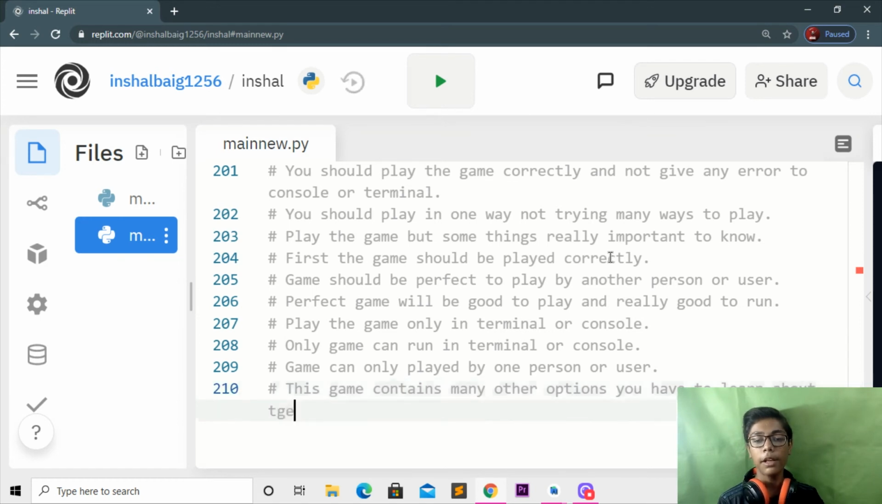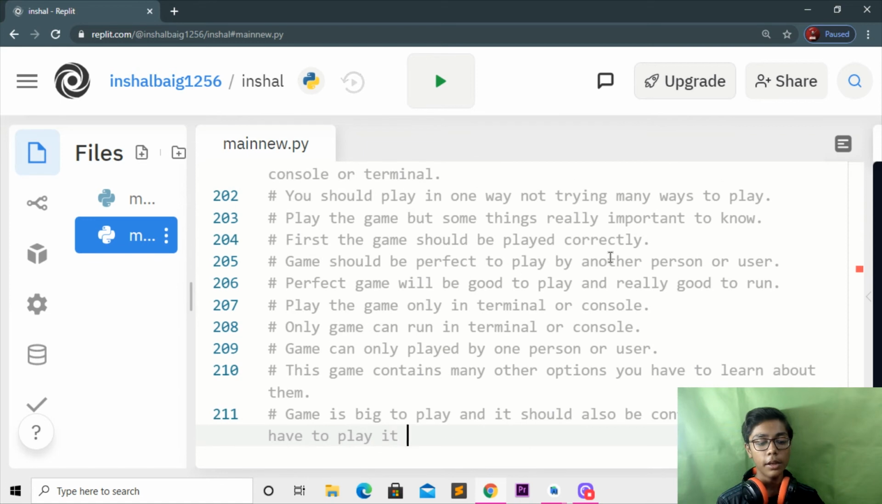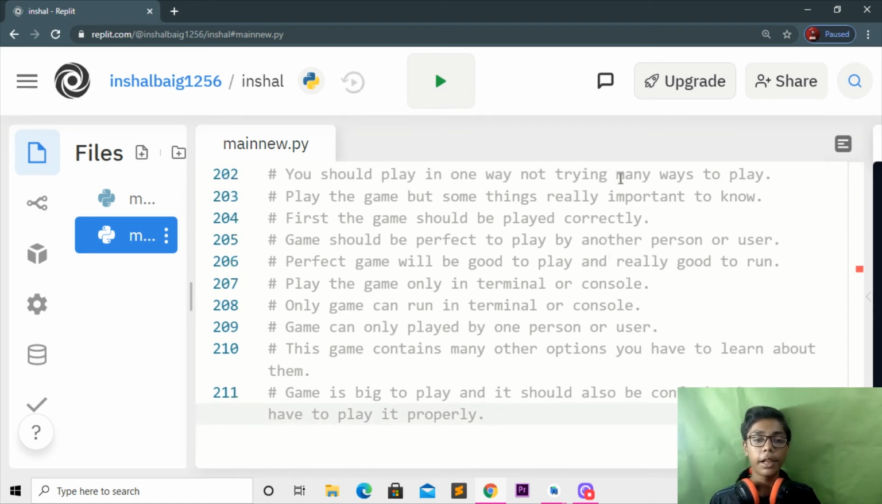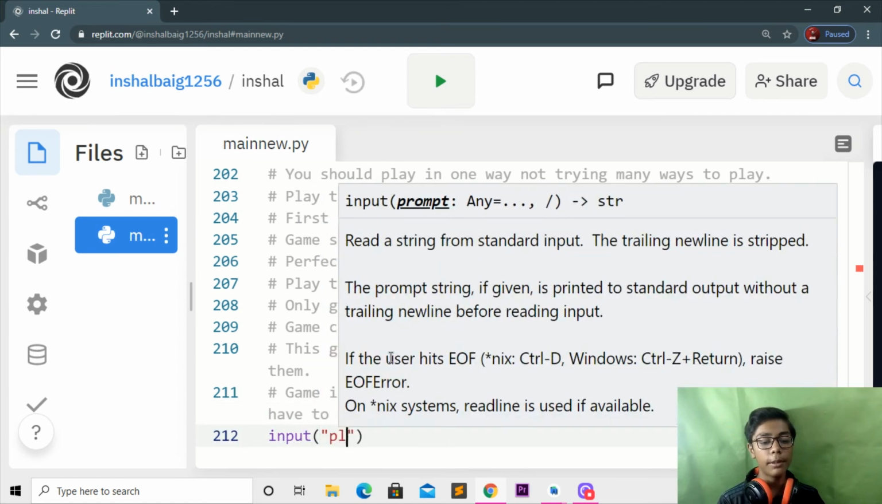When you're done with that, I'll be closing and coming underneath here, and I'll be writing: game is big, and I'll be writing: game is big to play, and it should also be confusing. So here I'll be writing it should also be confusing, but you have to play it properly. When you're done with that, you have to close, and then I'll be coming underneath and creating a tag which will be input, and here I'll be writing play the game